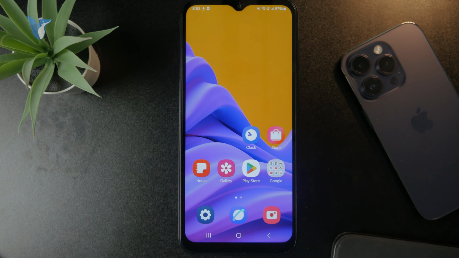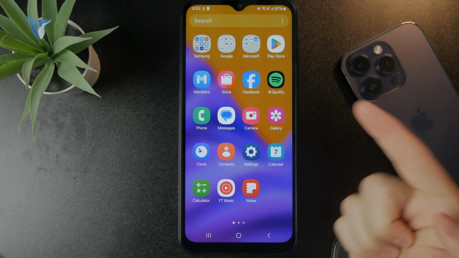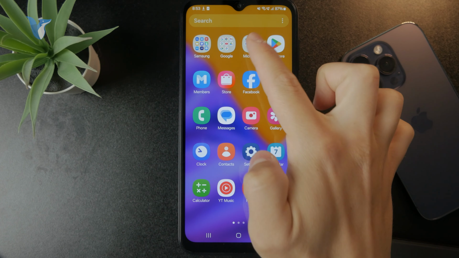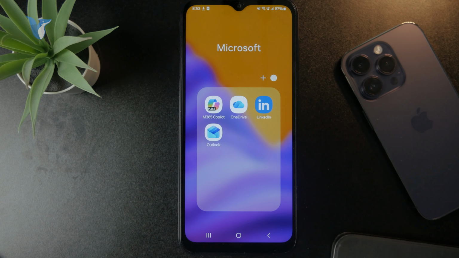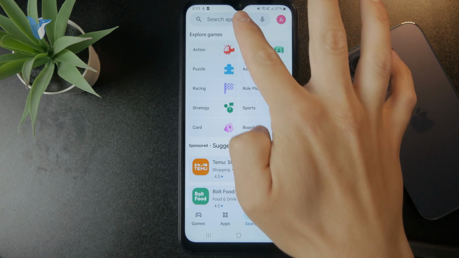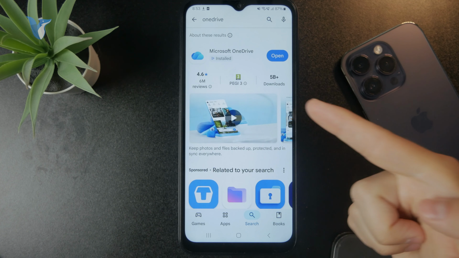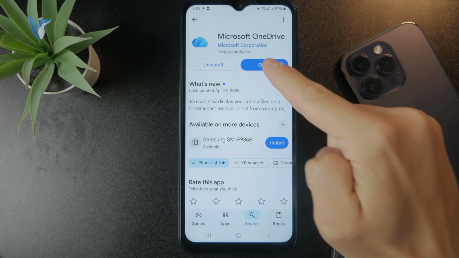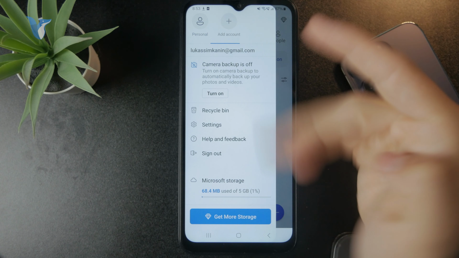Okay, so the OneDrive files are best accessed through the official OneDrive app. So try to look it up on your device. And if you don't have it, just look it up through the Play Store and download it for free on your device. And once you open it up for the first time, it's going to ask you to sign in